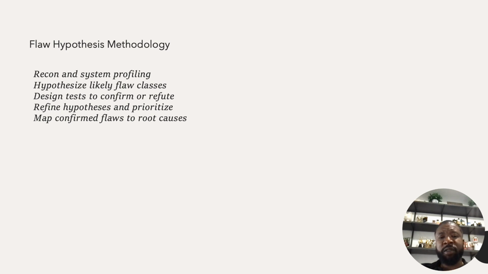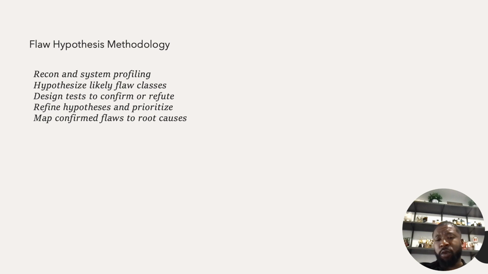Flaw hypothesis methodology. Flaw hypothesis is basically a structured way to guess where a system is broken, then prove it or rule it out. Step one is recon and profiling. I started with an Nmap scan to identify open ports, running services and versions. That gave me a baseline of what the target is actually exposing. Two is to